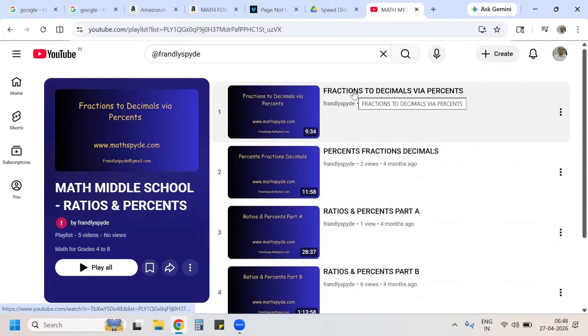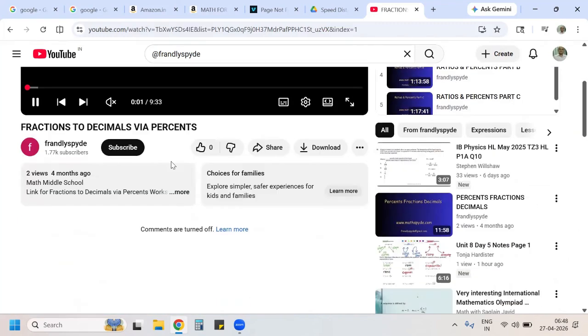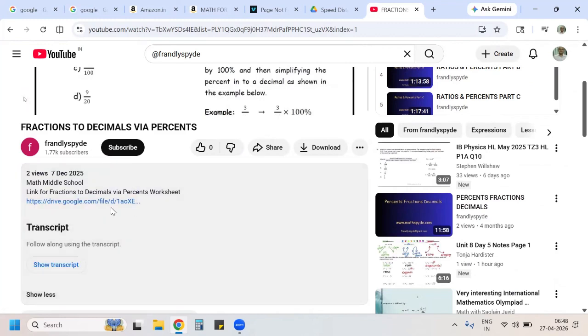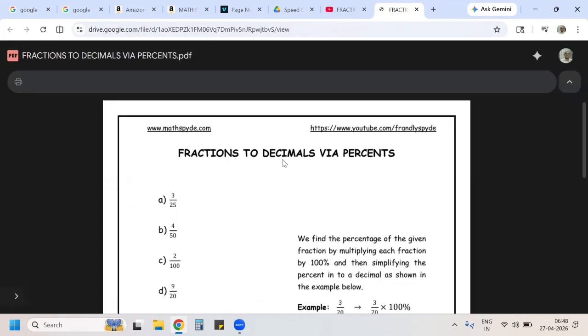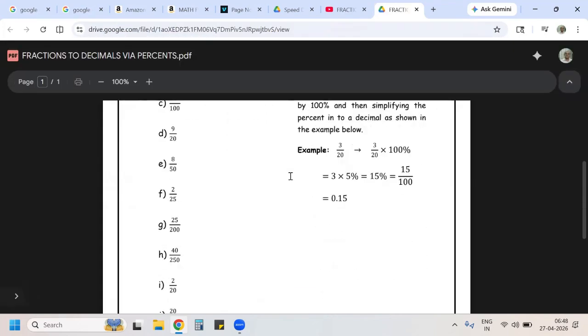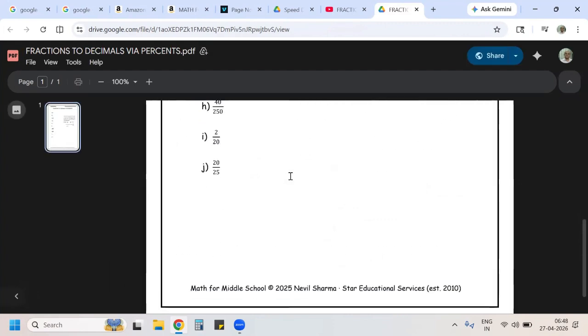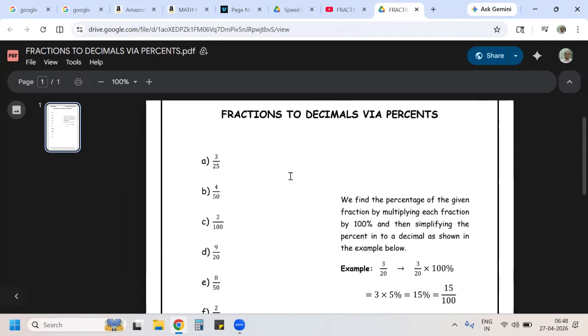Now, probably each of these videos will have the worksheet to solve. So again, go down to the description here and click on this, and it will take you to the exercise. So basically, this is the page from the workbook on the YouTube channel in the description. So you solve this